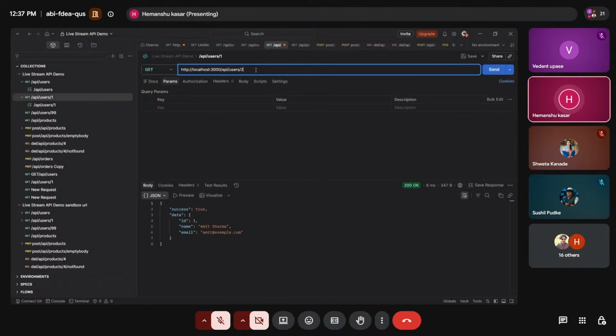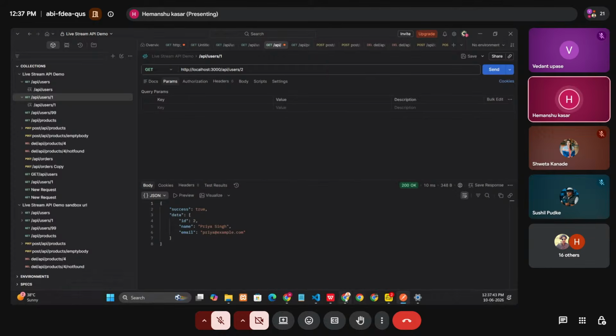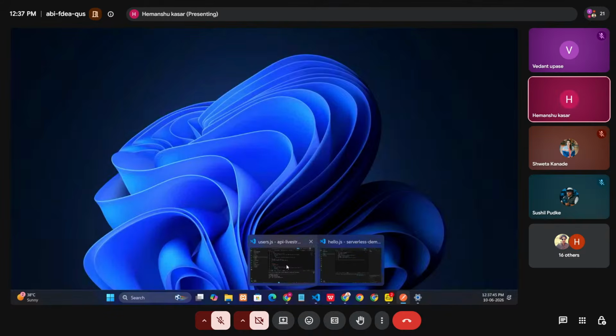I will write here 2, and once I click on send request, whichever ID is present for a particular person, that data will be generated of the person we have. So using the user dot find by ID function, we are able to generate that, which is defined in our code.